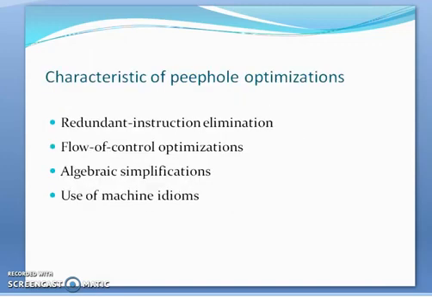So we know already what peephole optimization is, and what optimization is. Before generating the code you need to optimize. We have local optimization and global optimization. Local means we optimize the code within a basic block, whereas global means we optimize the code between the basic blocks. Peephole optimization is nothing but choosing some portion of the instructions in the basic block, and that portion itself gets optimized. In that we have seen four characteristics: redundant instruction elimination, flow of control optimization, algebraic simplification, and use of machine idioms.